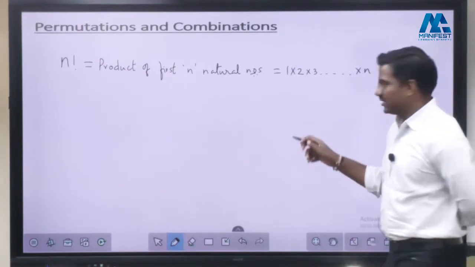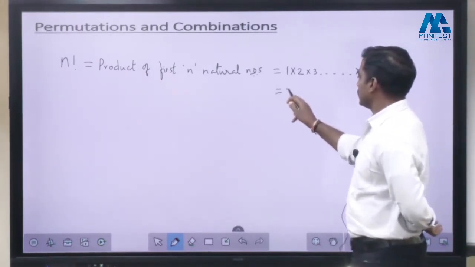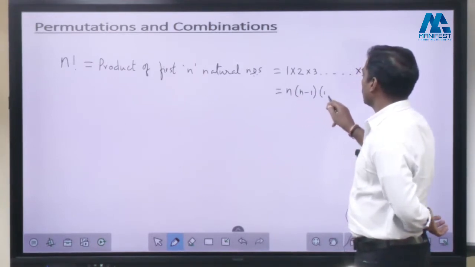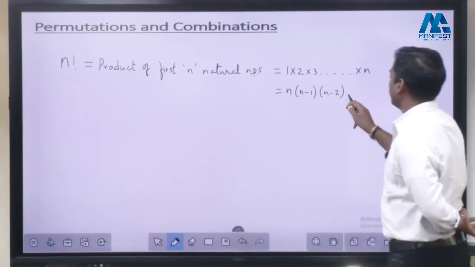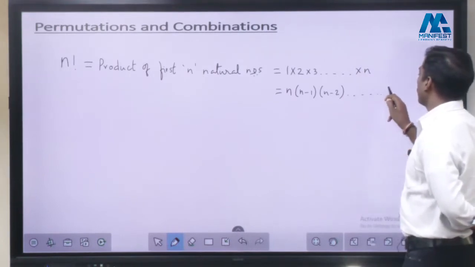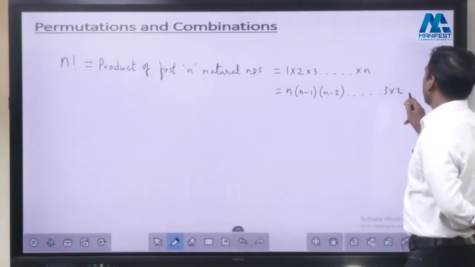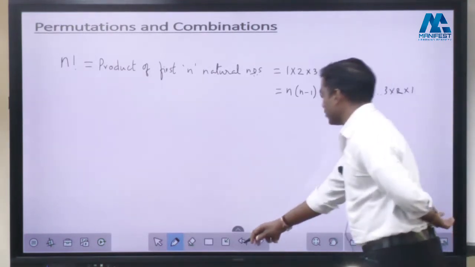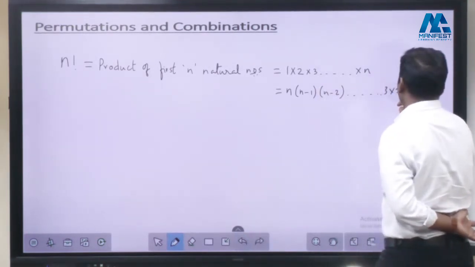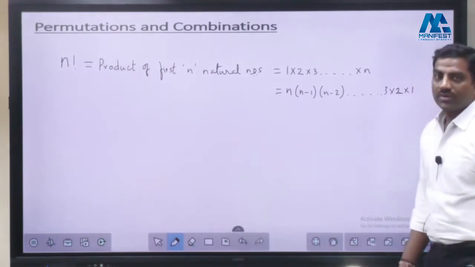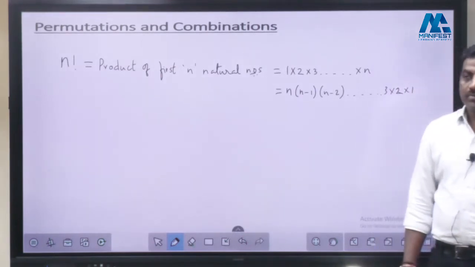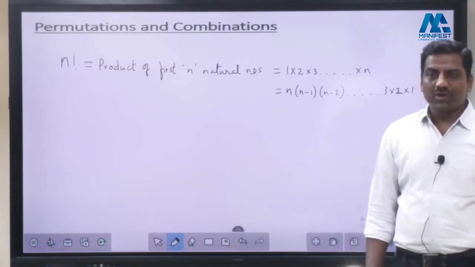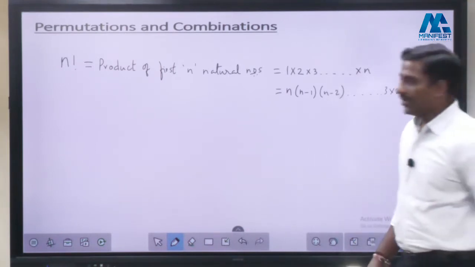Or if you want to reverse, is it correct? Now, n factorial. Whenever we use n factorial, do we get this one? So now tell me,